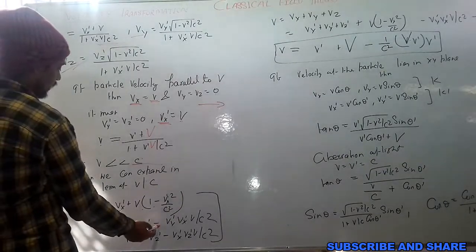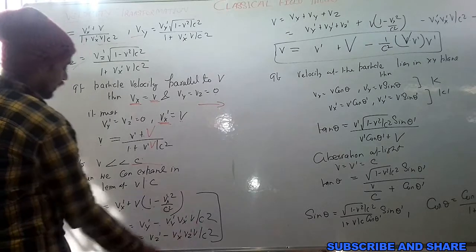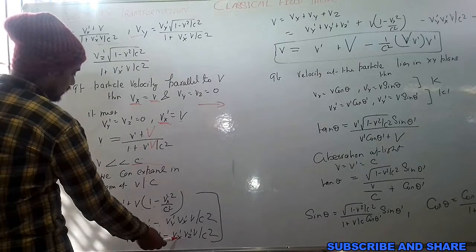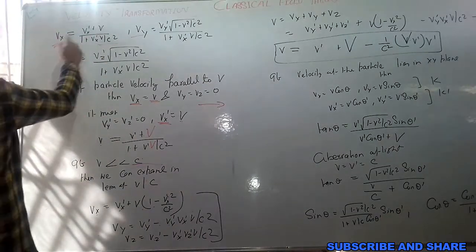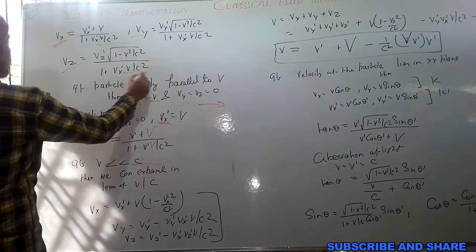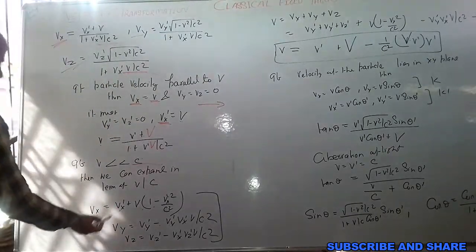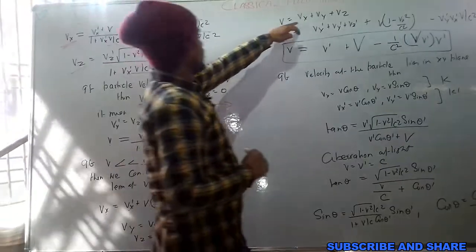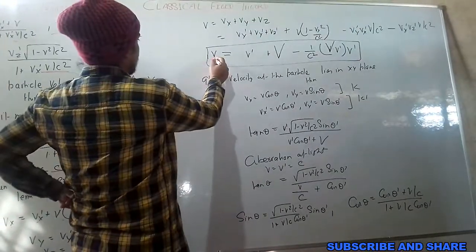Vy dash minus Vy dash Vx dash V by c square, and Vz is equal to Vz dash, 1 minus Vx dash Vz dash V by c square. This is the expansion of Vx, Vy, Vz in terms of V by c, and we can write these component forms into a single vector form. So V is equal to Vx plus Vy plus Vz, and finally it will become